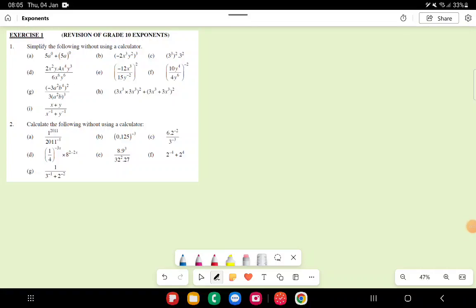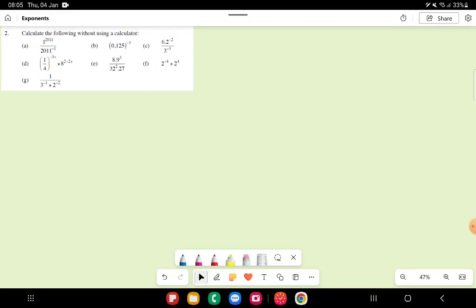So we are in exercise 1.2. We're still busy with exponents. So let's dive right into it. Here we go. Okay, let's start with 1.2a. Question A says,